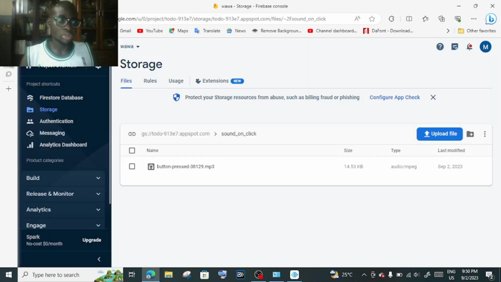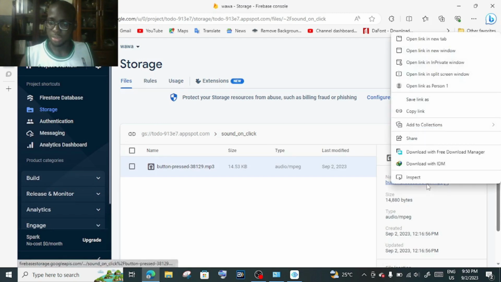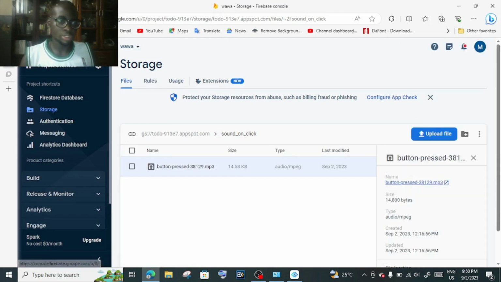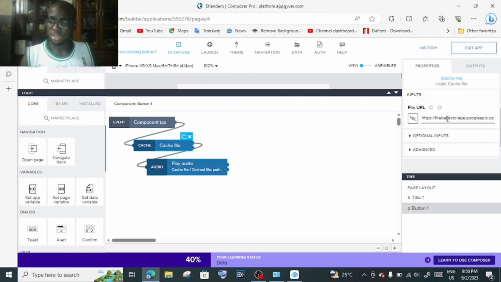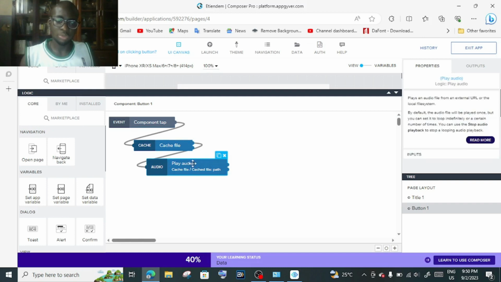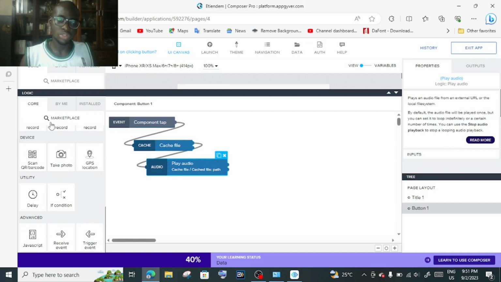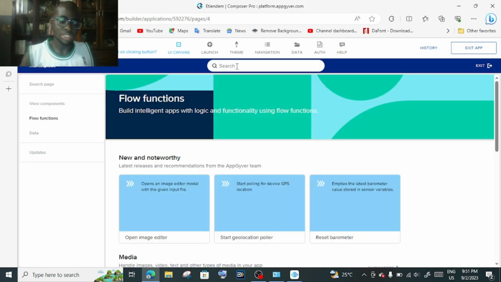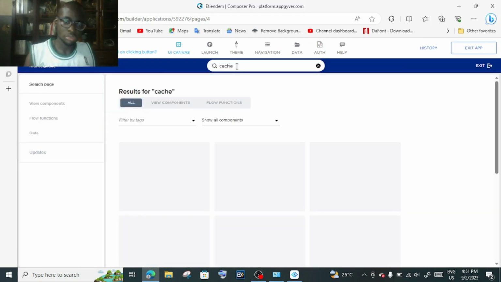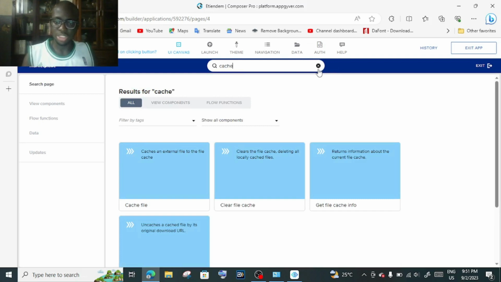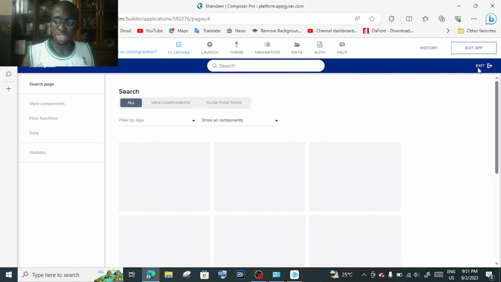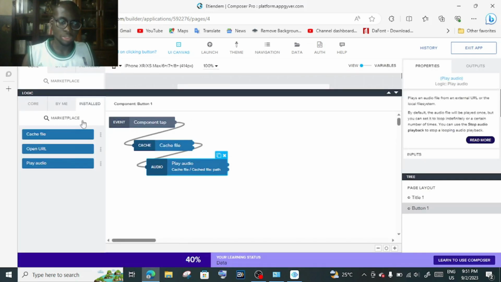Over here I go to Firebase, right click this, copy link, come back to Appgyver, and paste it over here. Once you paste it, we're going to link it up with the play audio. Now all of these nodes, you won't see them in the core. You have to go to the marketplace and search for them to get cache and play audio. Then once you install them, you're able to drag and drop them here,